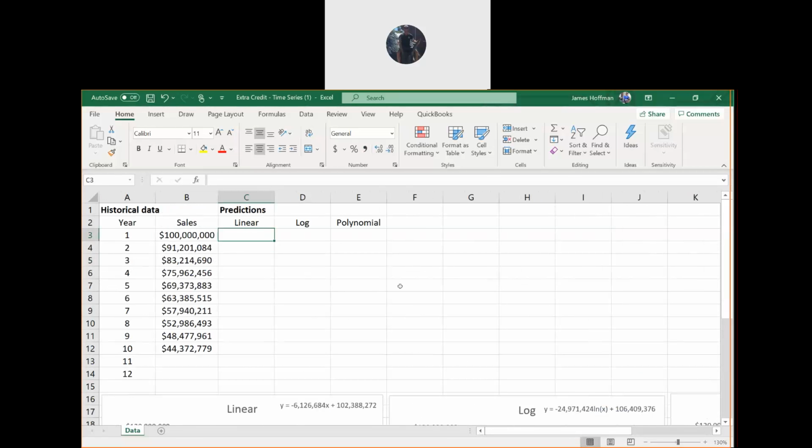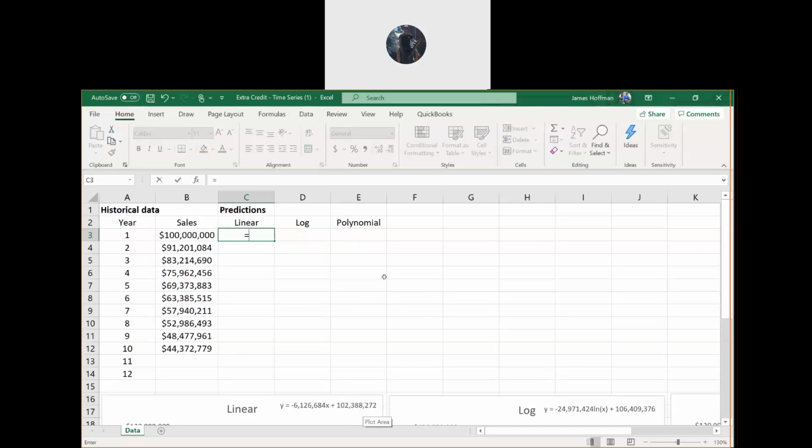All right. Okay, so we're going to type in the equations we got, including the x value, which is year 1. So x is time. Okay, so starting in C3, let's type in this equation that we see. So I tried to make it so we can see it.